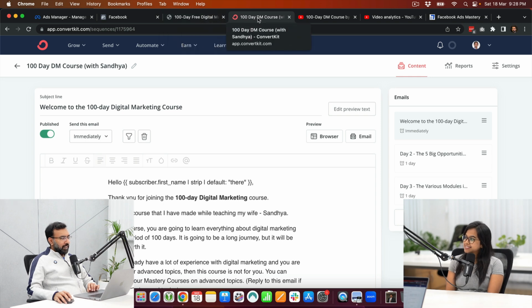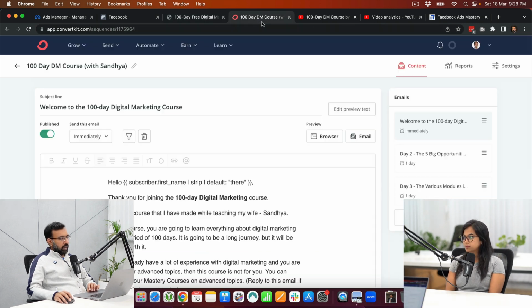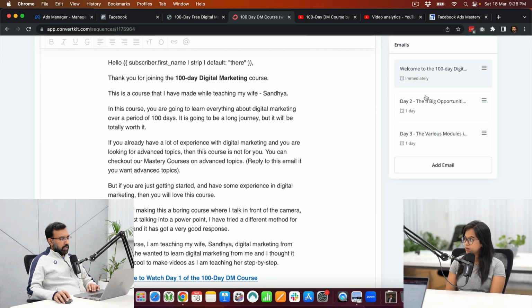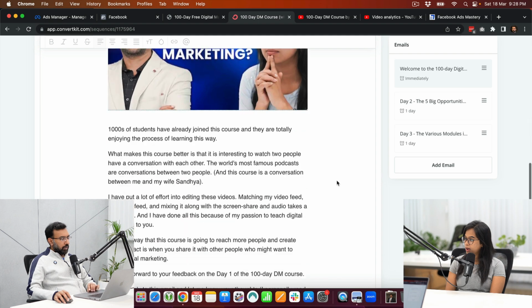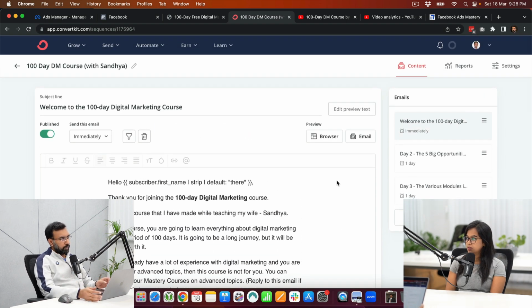This particular lead form has an integration to the CRM, and ConvertKit is the CRM that we are using. Whenever people subscribe for this particular course, they will start getting the emails one by one. CRM is a Customer Relationship Management tool, something that automates your email sending and communication with the customers.